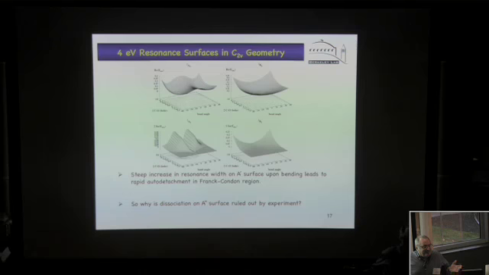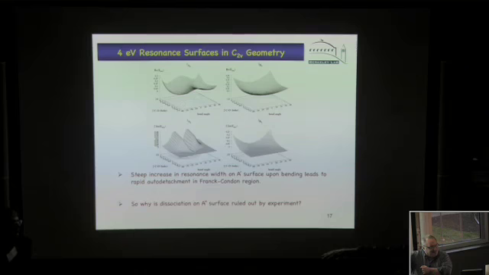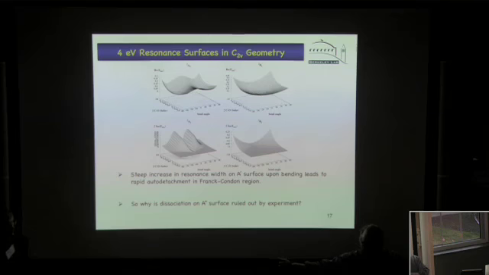Isn't the virtual state pretty diffuse? The virtual state is almost impossible to locate because it's a sigma state. There's no potential barrier, so you can only characterize it in the region where it's electronically bound. Yeah, but this species is going to be pretty localized. Well, sure. The anion state is very well localized once you pass to the right of the crossing point with the neutral. In the crossing region it gets very diffuse, but as soon as you move away from that region, it's a bound state. It's very easy to describe.